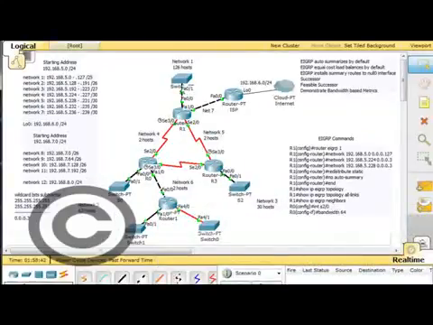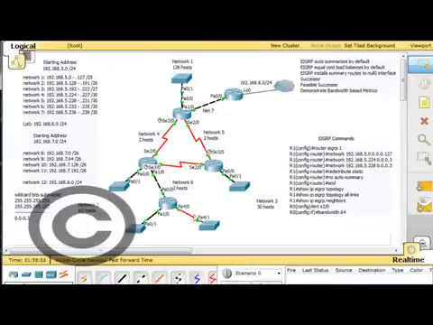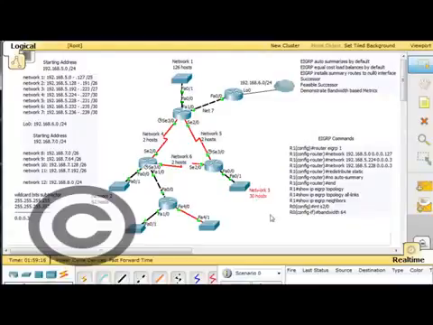What I'm going to do now is go to Options, Preferences, and turn off the device labels to make a little more space here on the graphic board. And I'm going to drag network 6 up here, so we know that this is network 5, this is network 4, this is network 6, and then I can put the other networks here. This one over here was network 2, this one here is network 3, and then if we just copy and paste, this one right here is now network 11, and it has